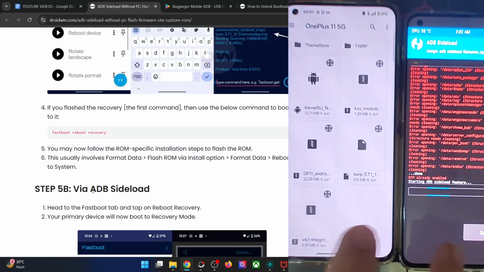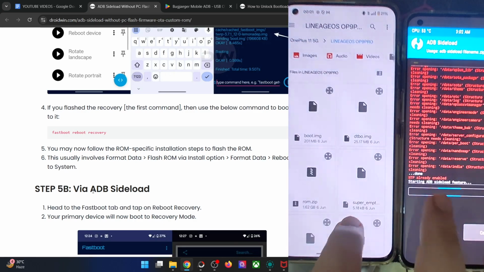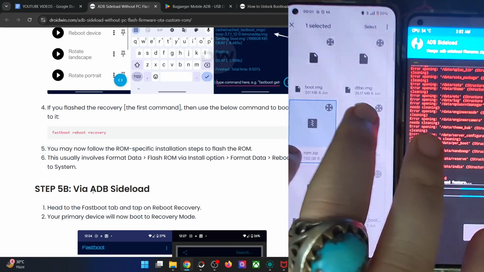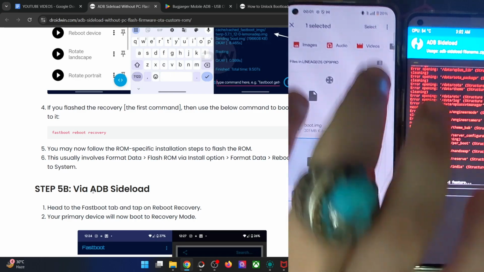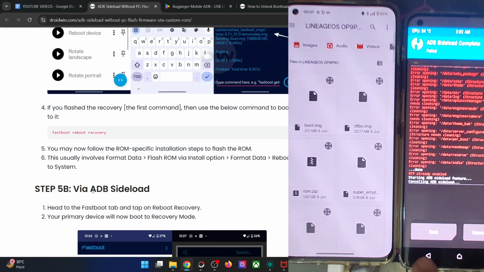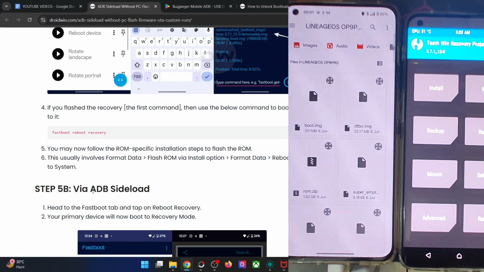And now choose the ROM zip file from here, which is in my case over here, and then choose the ROM zip file and swipe to flash. This is the ROM file. Select the ROM file, it will now be flashed onto your phone, and that's just about it. And once the flashing has been done, please do the formatting of the phone once again, just to be on the safer side. So as of now, you can only do an ADB sideload.